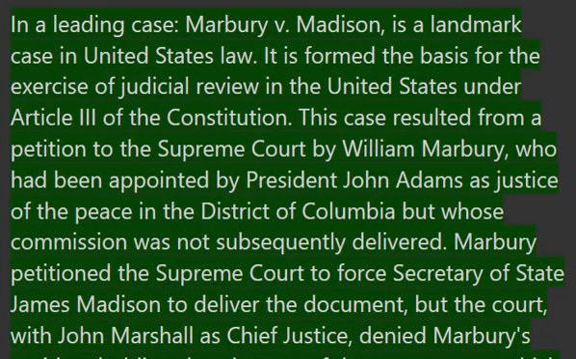It formed the basis for the exercise of judicial review in the United States under Article 3 of the Constitution. This case resulted from a petition to the Supreme Court by William Marbury, who had been appointed by President John Adams as Justice of the Peace in the District of Columbia but whose commission was not subsequently delivered. Marbury petitioned the Supreme Court to force Secretary of State James Madison to deliver the document, but the court, with